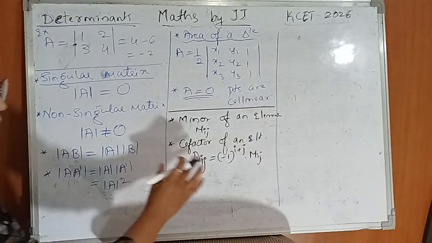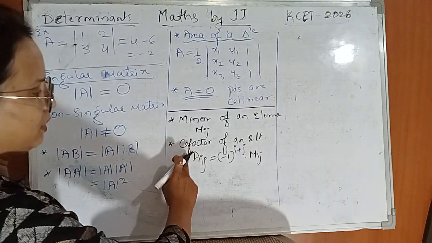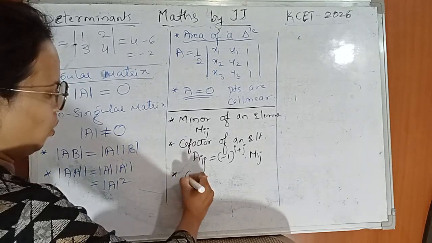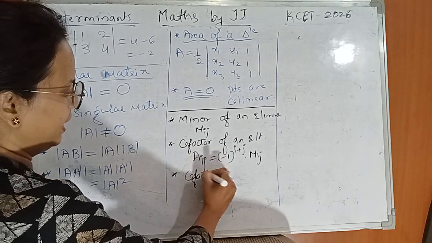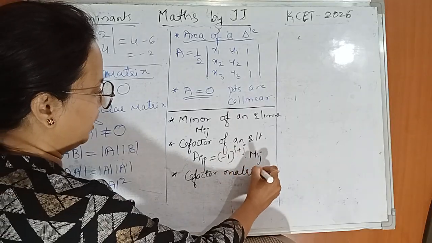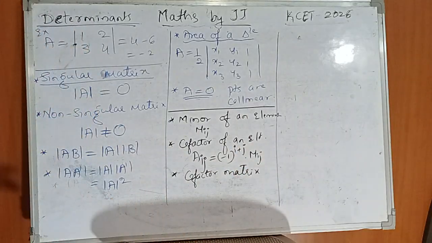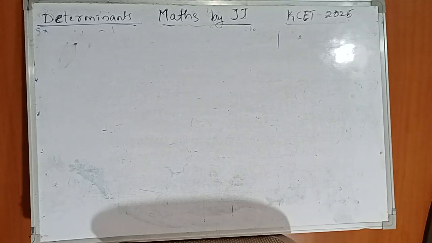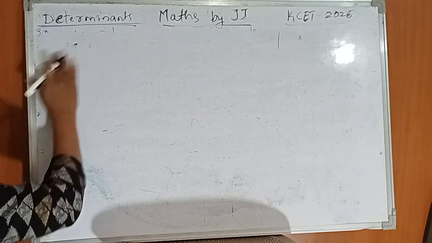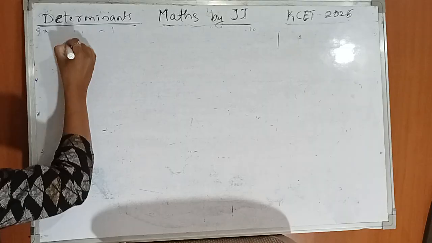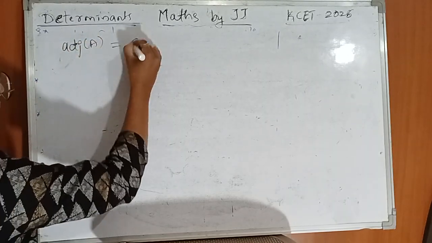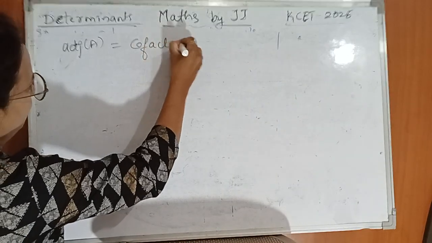So once we got all the cofactors, we have to write the cofactor matrix. Once it is done with the cofactor matrix, the next step you are going to learn here is the adjoint of a matrix. Okay student, so once we got the cofactor matrix, then we need to calculate the adjoint. So adjoint of A is denoted by adj A, which is nothing but the